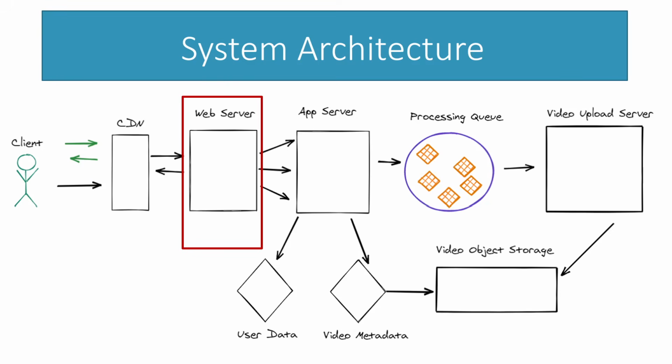Next we have our web server or our load balancer, which is pretty simple. All this is going to be doing is distributing traffic equally among all of our app servers. So if one app server goes down, this will be able to tell and it'll be able to redirect that request to one that's functioning properly. And this also allows us to properly scale our application as it grows. We can keep adding more app servers behind our load balancers,